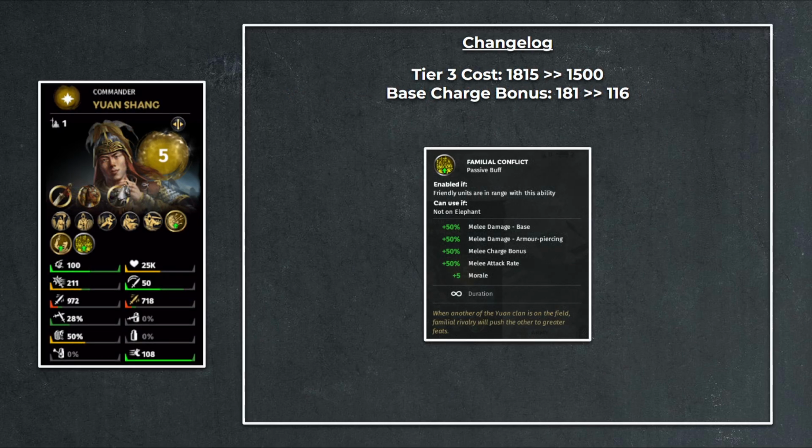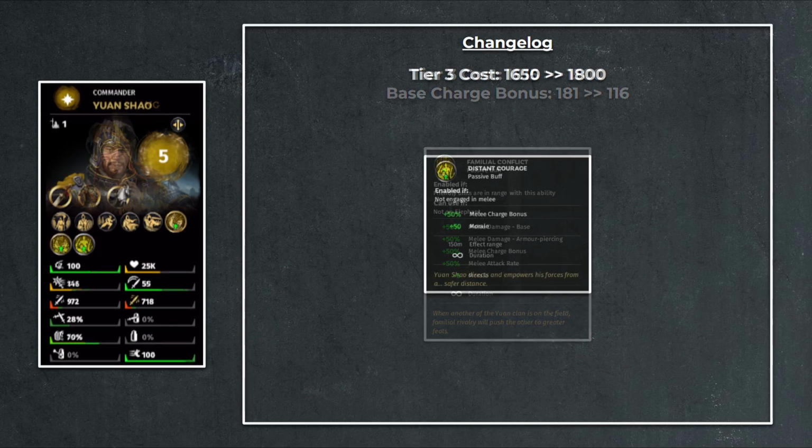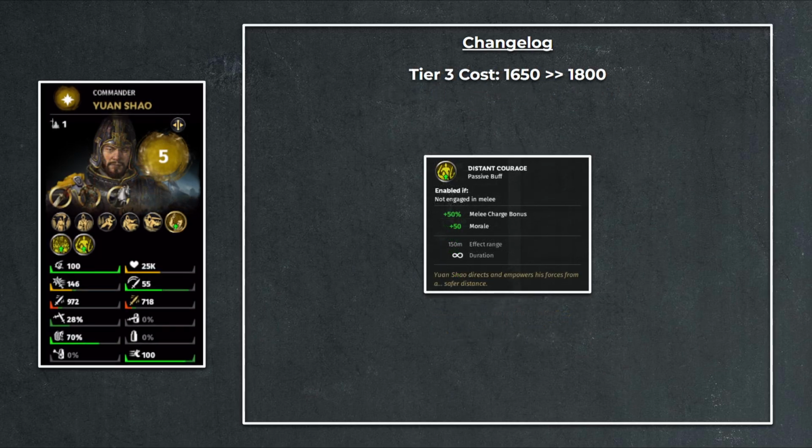And then we have Yuan Shang, going down from 1815, which is the standard price given to all the characters added in the last DLC, to 1500 here, charge bonus 181 to 116. He does have Familial Conflict, which is what gives all the Yuan characters their power. And we're going to see that added for some of the characters that are missing coming very soon. But before that, we have his father, Yuan Shao, who's going to see a cost increase from 1650 to 1800